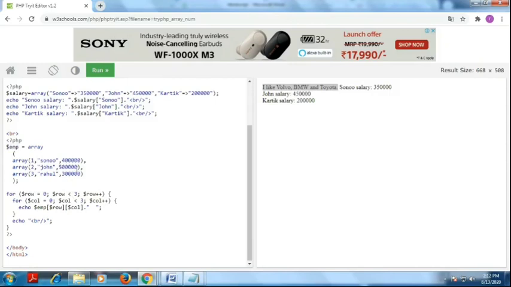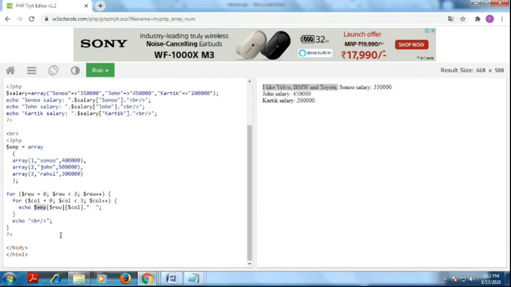Okay, so I have to extract the data. So I have to use a for loop. If I use a for loop, you have to use more than one loop. So for row equal to 0, row less than 3. We have only 3 records. So less than 3, then increment row plus plus, open the braces. Then one more for loop for the column. For column equal to 0, I start with index value, you know that is 0. Column less than 3, then column plus plus. Then open the braces, then I have to print the values.